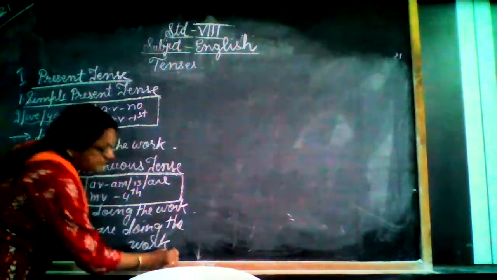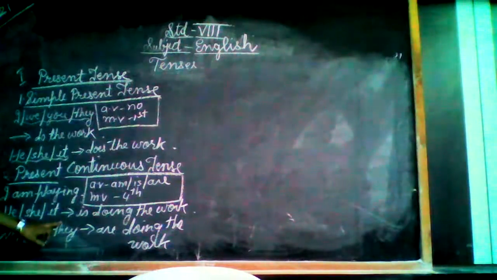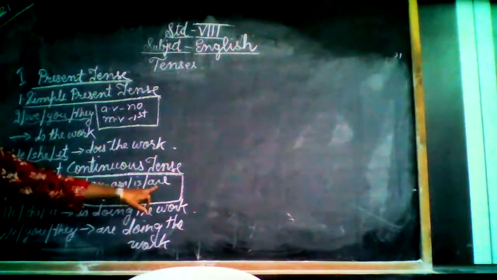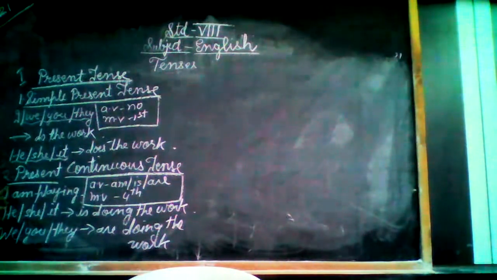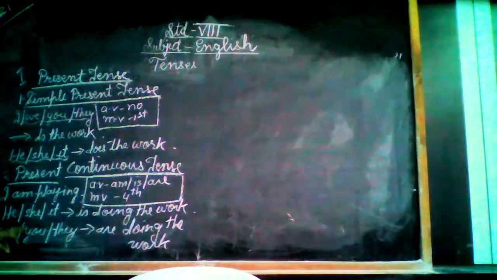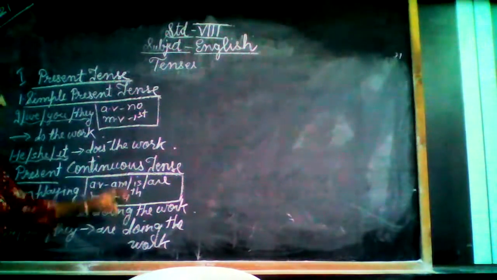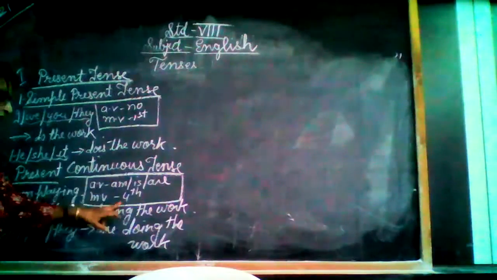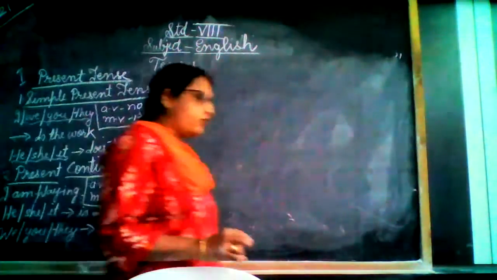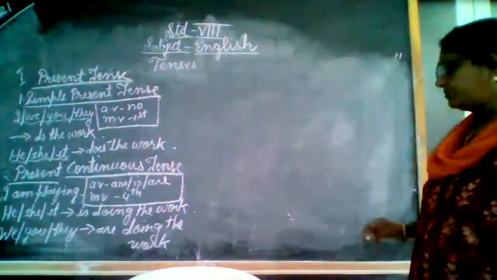Okay, so this will be our sentence. Can you see it here? Auxiliary verb is, are depending upon the subject. What is the subject? The person who is the doer of the action. That is the subject. And the main verb is in the fourth form. As it is continuous or progressive, the main verb will always be in the fourth form or the present participle form.